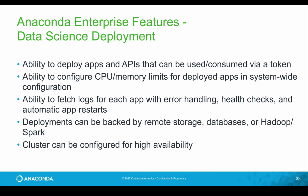Other features of the deployment functionality of Anaconda Enterprise include the ability to deploy applications and APIs that can be used or consumed by other members of your data science team via a secure token. Also the ability to configure CPU and memory limits for deployed apps in a system-wide configuration. So we can specify how much CPU and memory each application should use across the Anaconda Enterprise cluster. We also have the ability to fetch logs for each app like I showed earlier, with error handling, health checks,